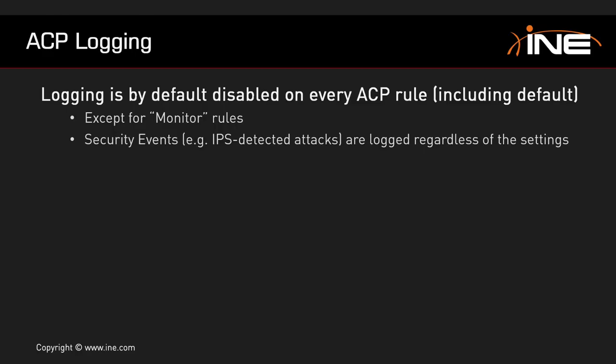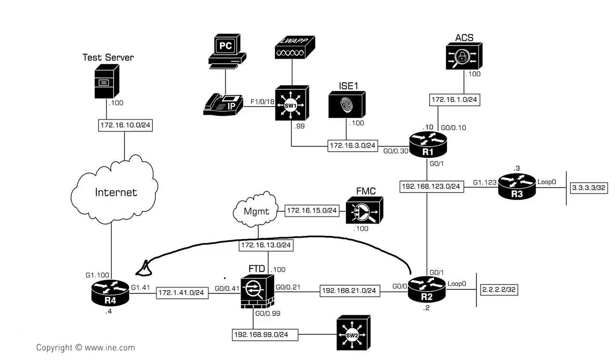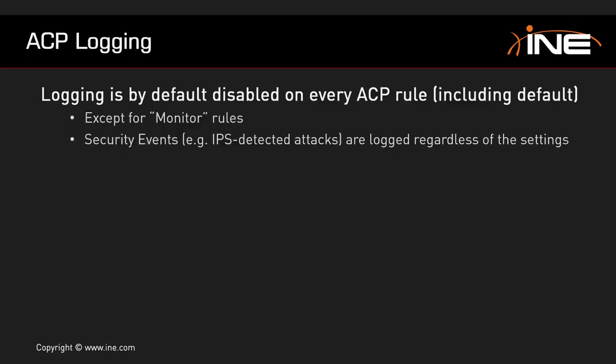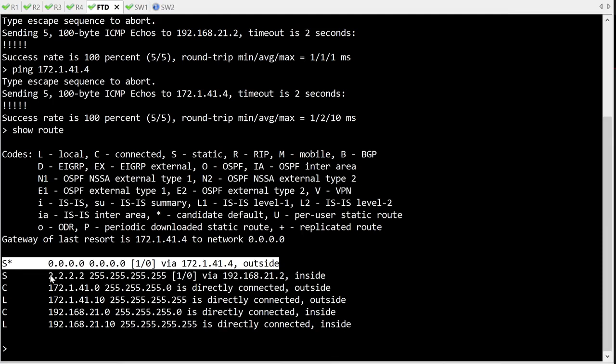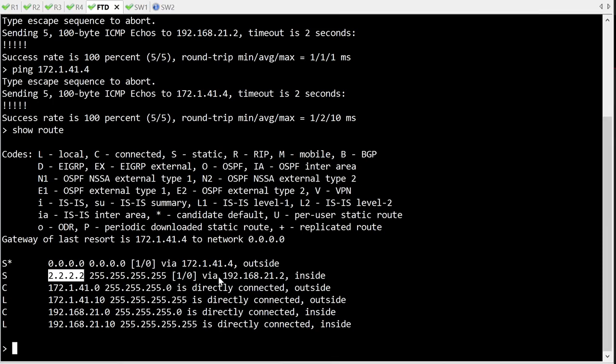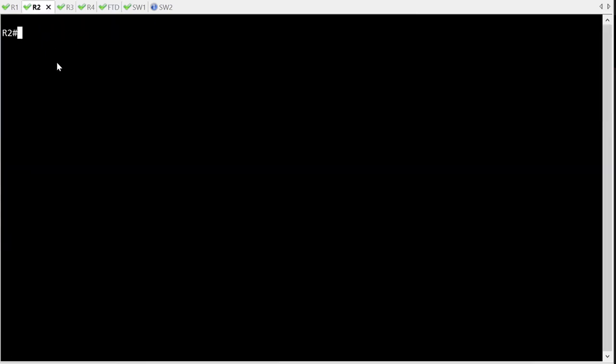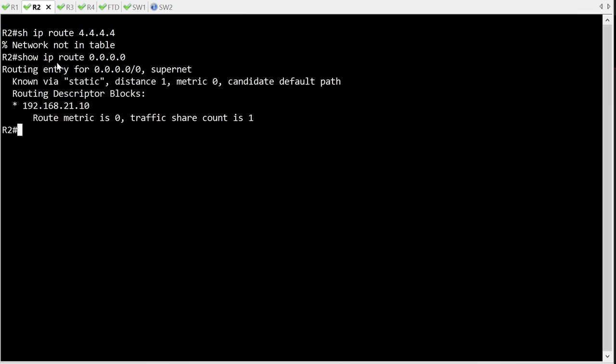So just to make it clear, this is going to be my outside. And this is my inside. And then if we take a look at the other route, I also have a route to the loopback of 2 via the physical address of router 2. So everything is fine. Now, if I were to ping from 2 to 4, 2 obviously also has the routes. Let's try to get to, maybe let's just say show IP route 4.4.4.4. Show IP route default. If I were to ping to the loopback of 4,